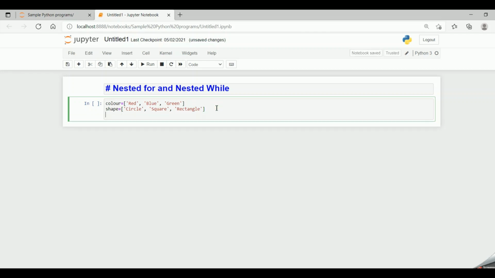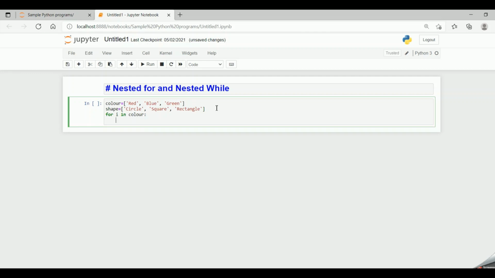Now my first for loop will be for i in color. So i is the incrementing variable and color is the sequence, which is the list in this particular case. Now I'll have one more for loop, so it becomes a nested for j in shape.